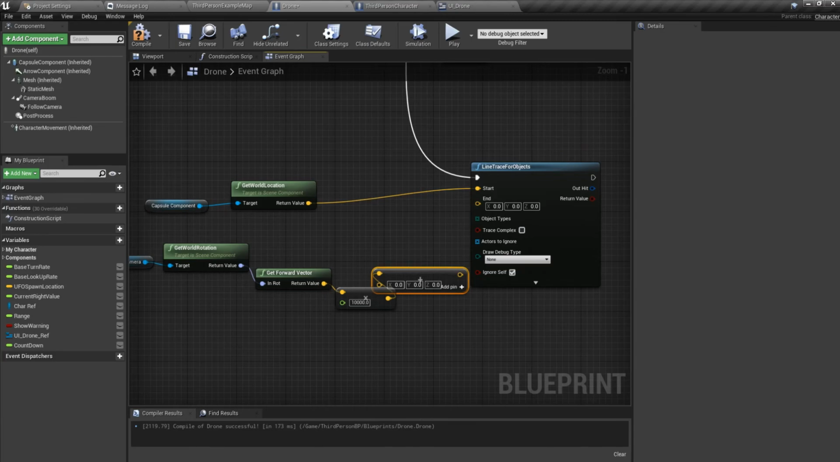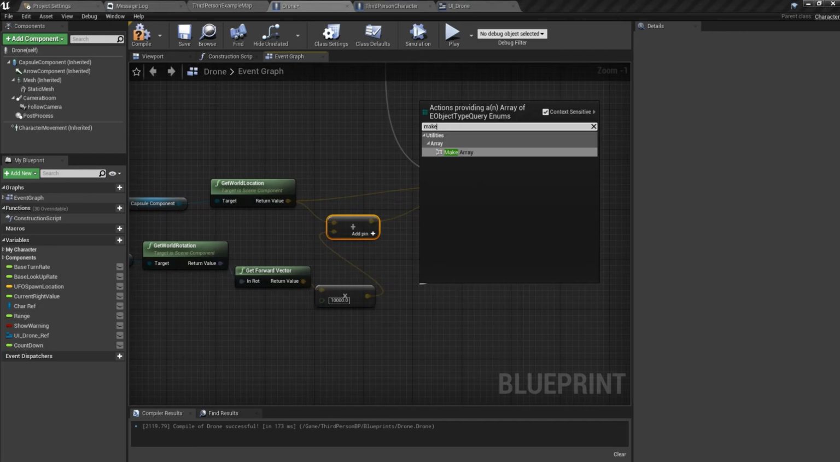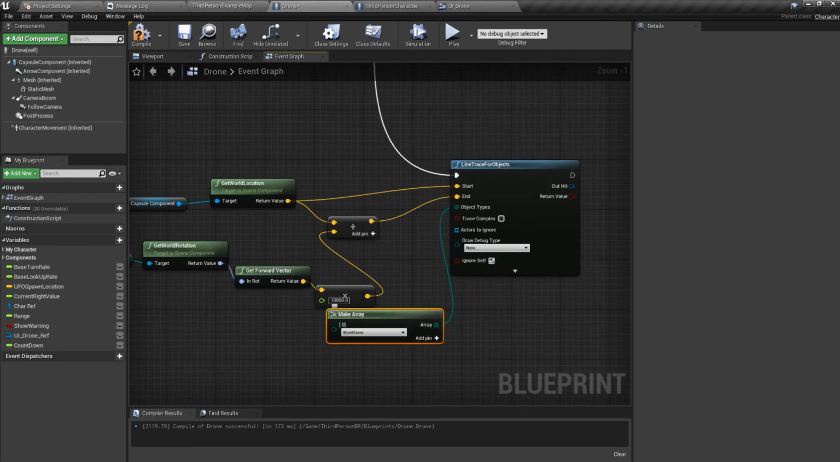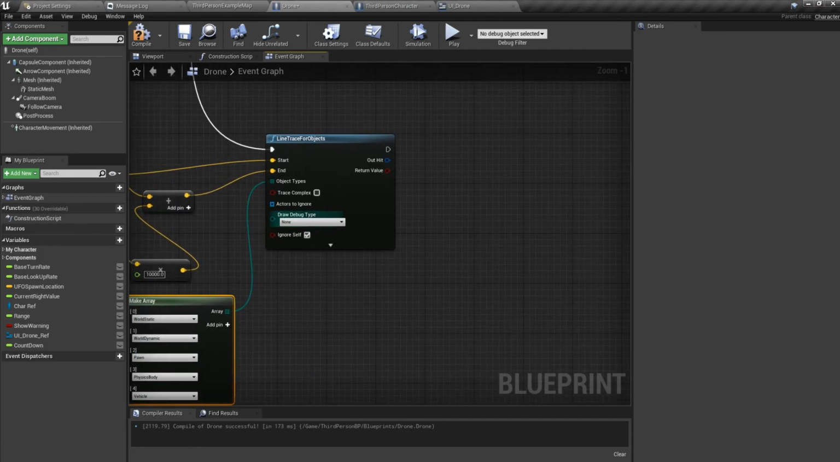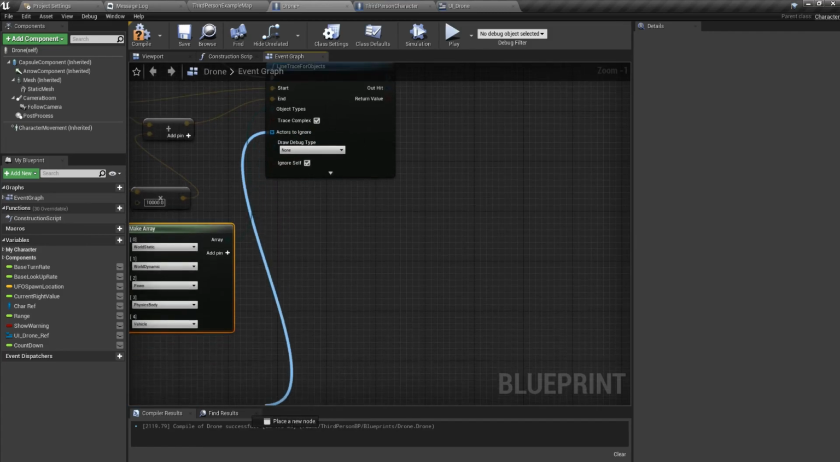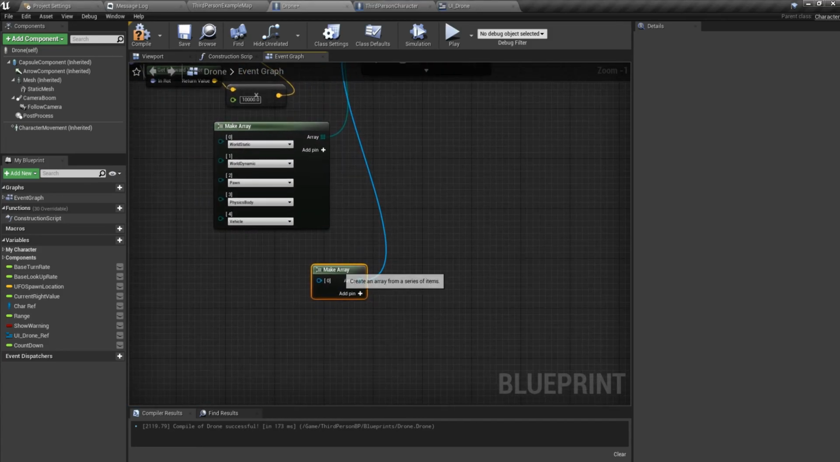You then add it with the world location, and that would be your end. You can make an array of the things you would want. I would want it with all of these: world dynamic, pawn, physics body, and if you have vehicle, something. I do not, but I'll still make it. I will make an array from actors to ignore and put in self,